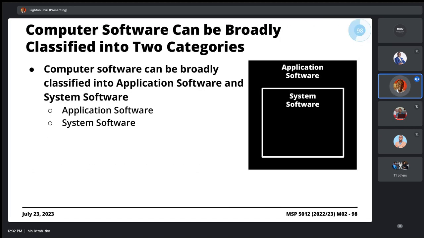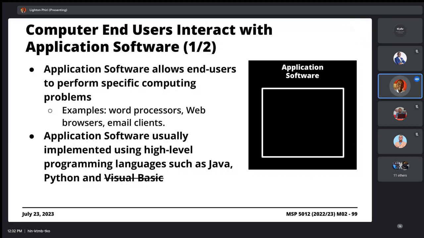What we're saying here is that typically application software tools, such as a web browser, such as your PDF viewer like Acrobat, will typically be implemented using a high-level programming language. This is not important, but I thought I would include the specific types of programming languages that would be used.